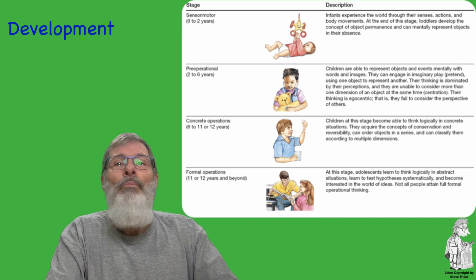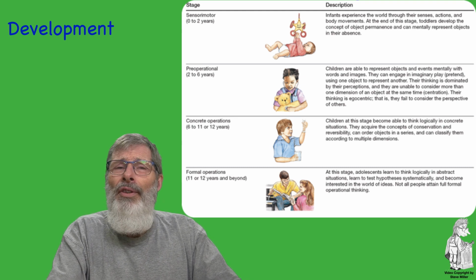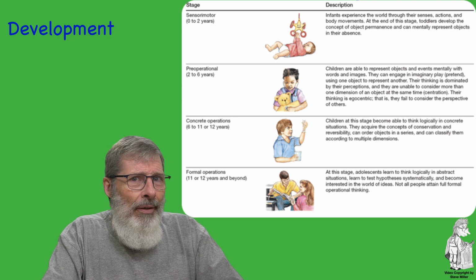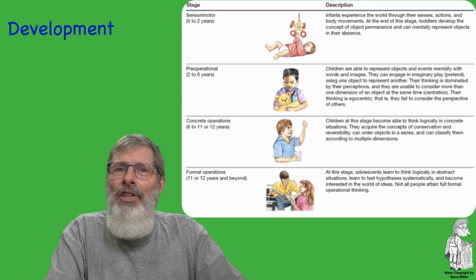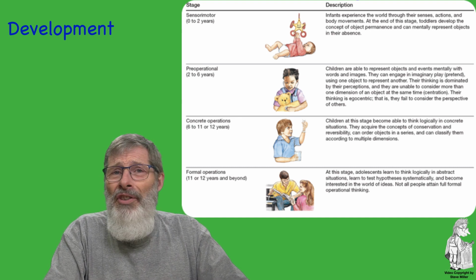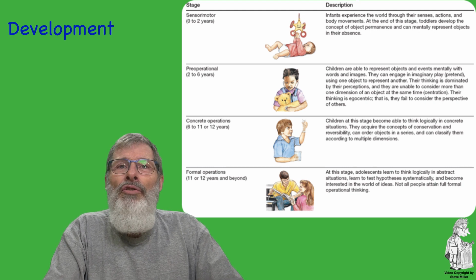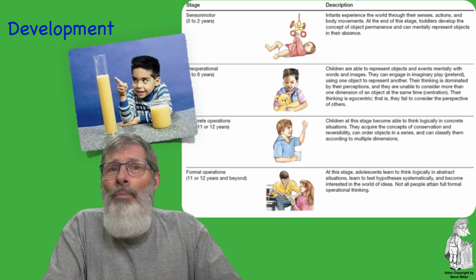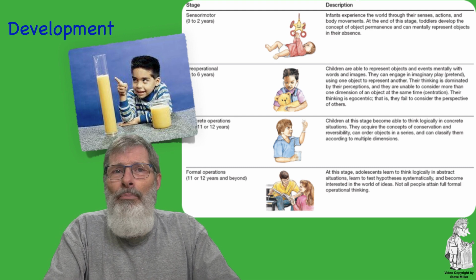Now, if you check out page 193, table 8.2, you'll find examples of these plus the definitions. Now, in this stage, conservation is the issue. Conservation states that basic properties of substances remain the same. In other words, they conserve when you change superficial properties such as the shape. Now, when children are in this pre-operational stage, they're developing this ability.